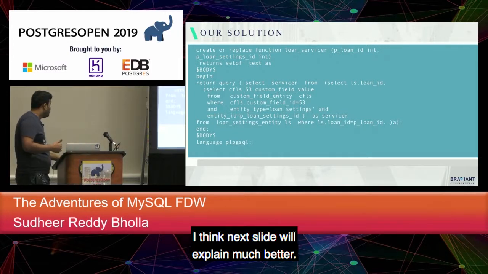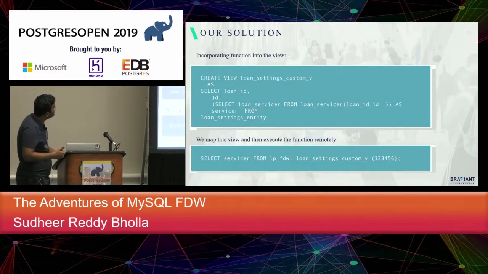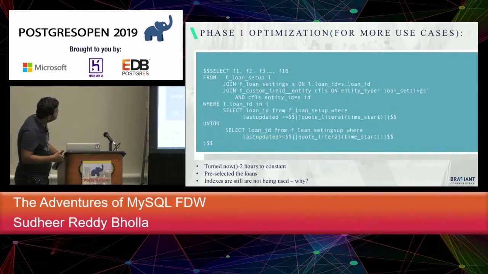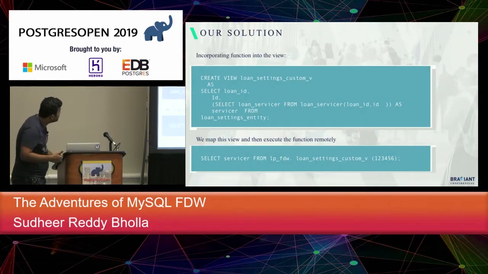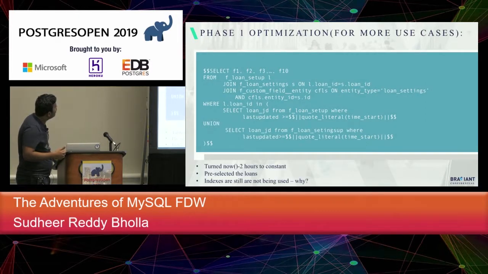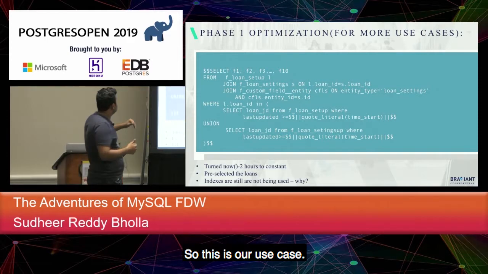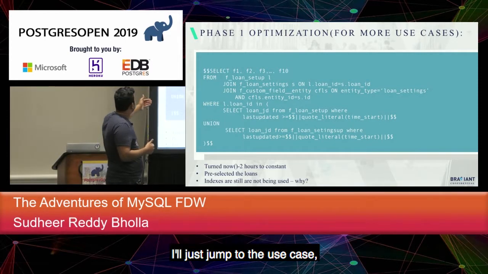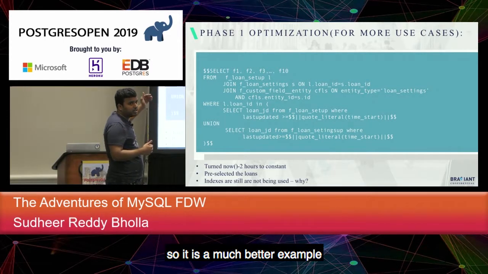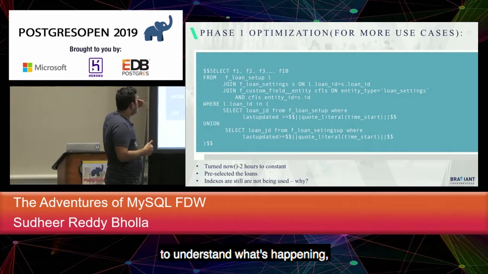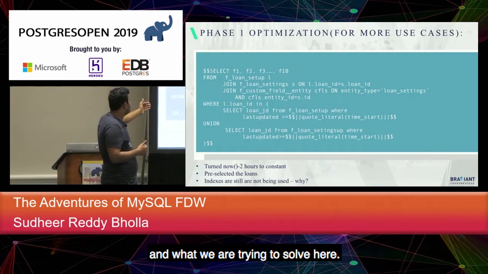I think the next slide would explain much better. Okay, so this is our use case. I'll jump to the use case so that it is a better example to understand what's happening